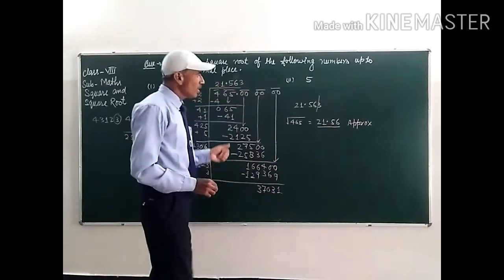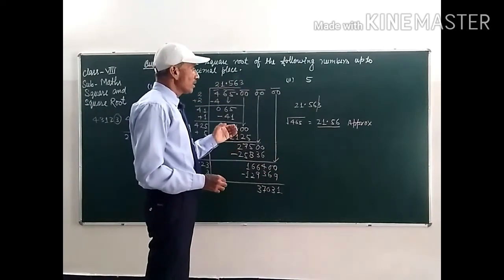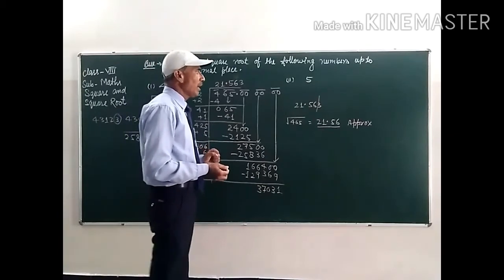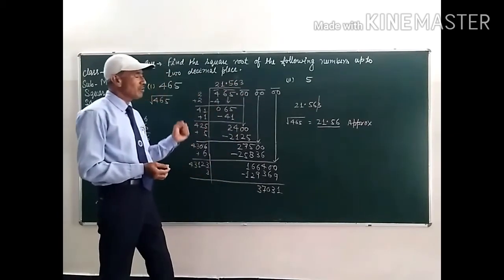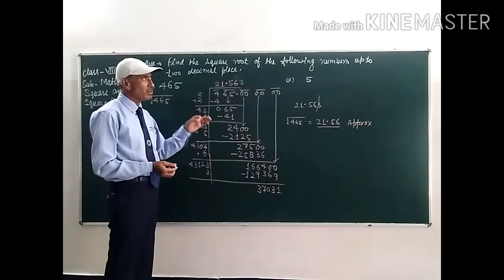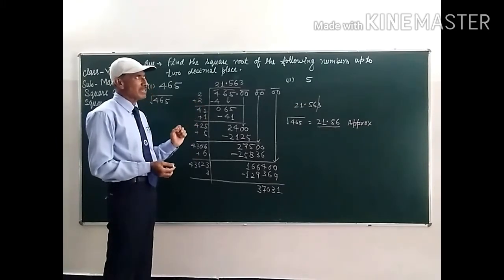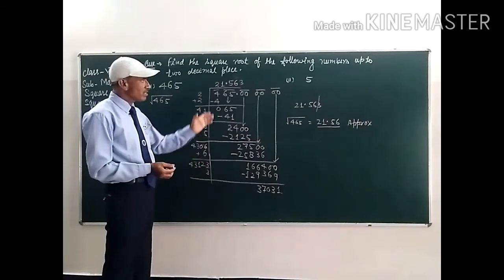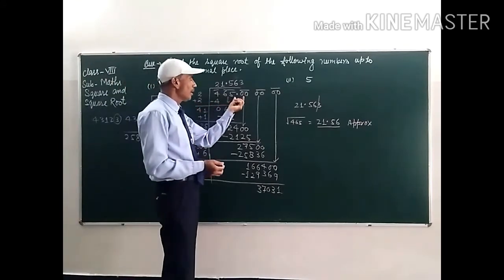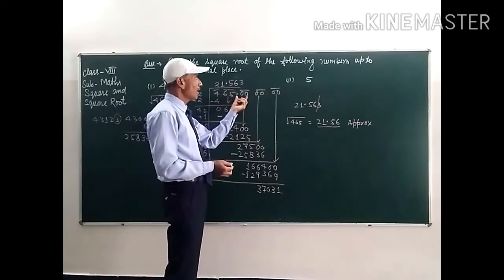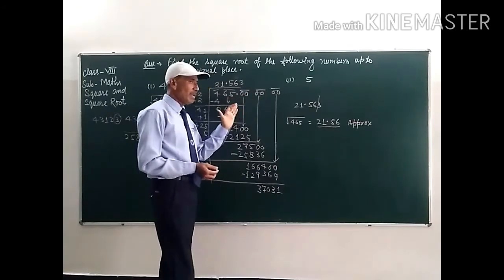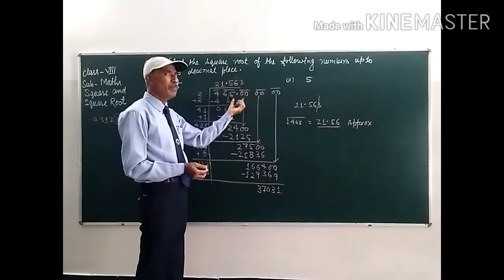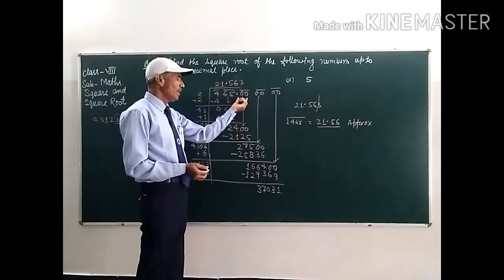If you are going to find out the square root of any number that is not a perfect square, and it is given that you have to find out the square root up to 2 places or up to 3 places of decimal, then you will adopt this method. After the decimal you can put 0 0. Remember students, the digits you will take will be in pairs, 0s will be in pairs.